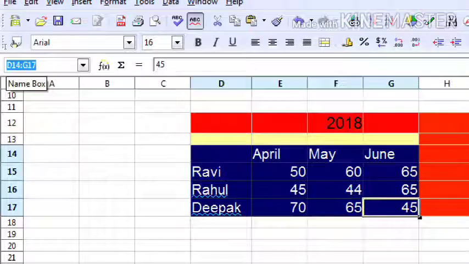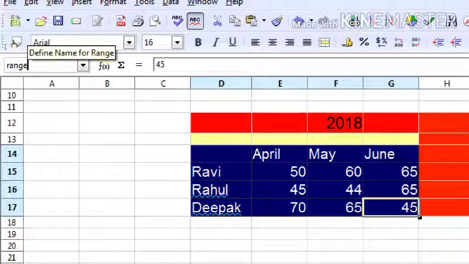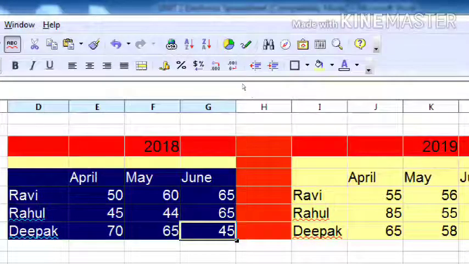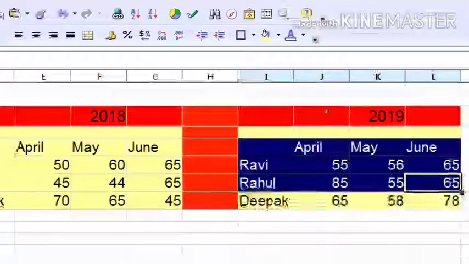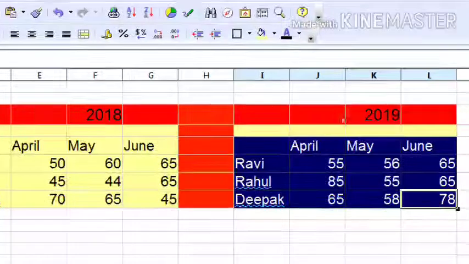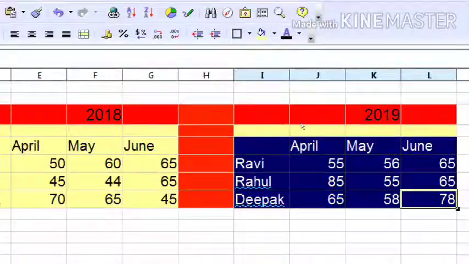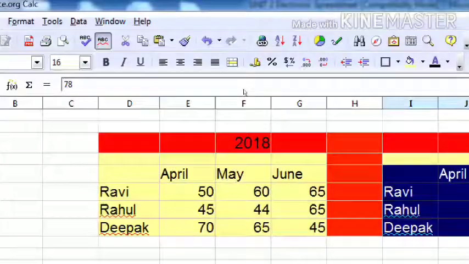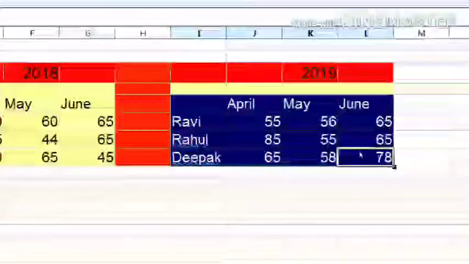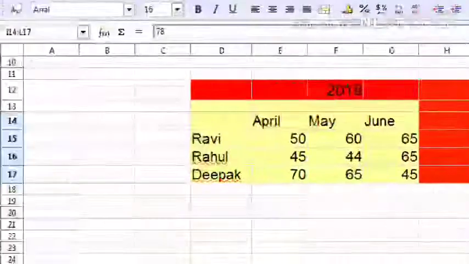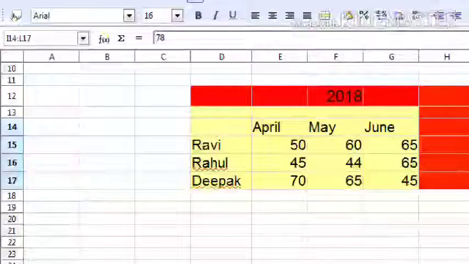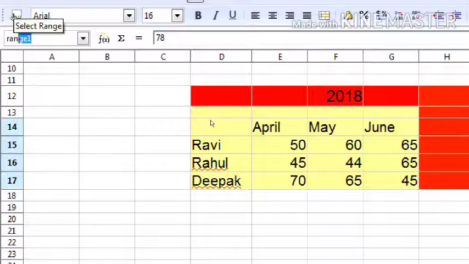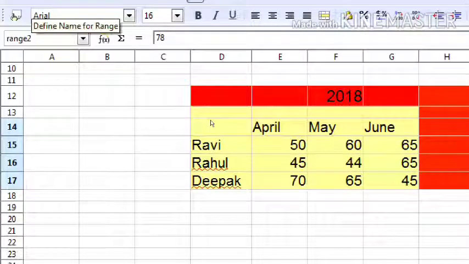See the mouse cursor here, type Range1. Okay, now press enter. Now select this area, the 2019 data of selling toys of Ravi, Rahul and Deepak. Now here the range is I14 to L17. Now we are giving the name Range2. Press enter. Okay.